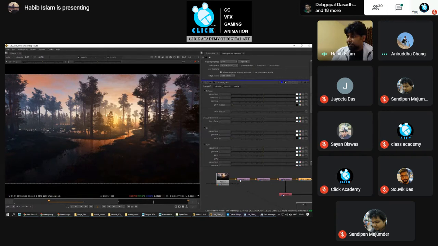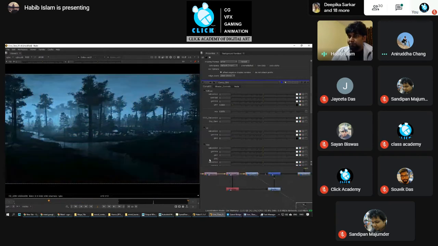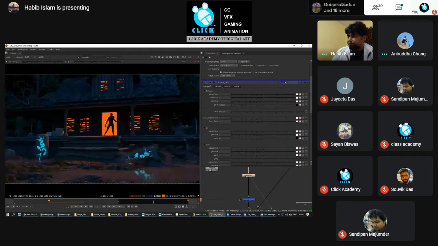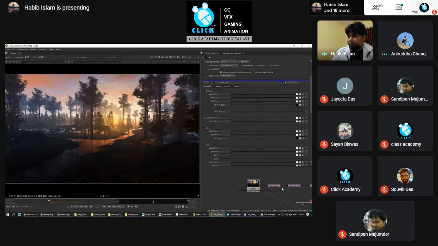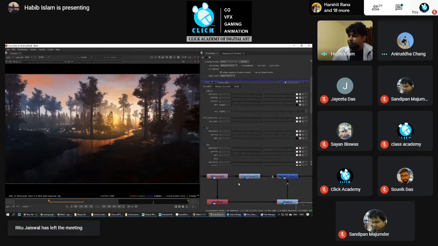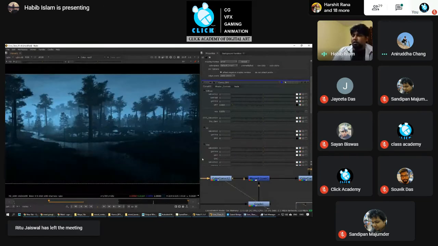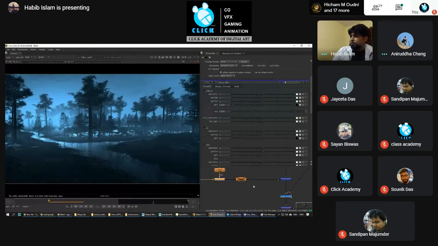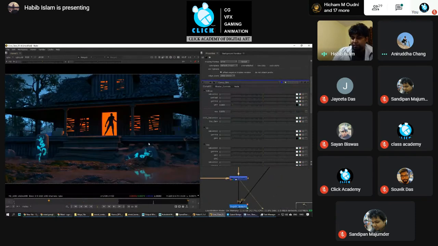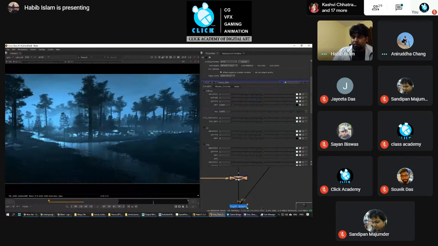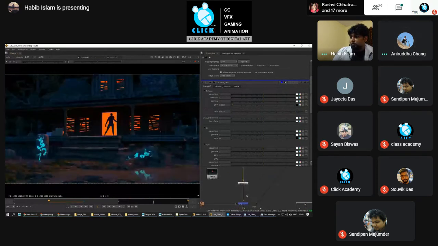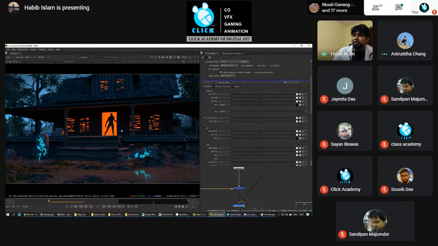I've adjusted the size accordingly. Then I've added some CC according to my image. This is night only, and this is some kind of different fantasy kind of output. But in compositing, I did some CC and adjusted the color to match up with my output. Okay. So this is after adding the sky.